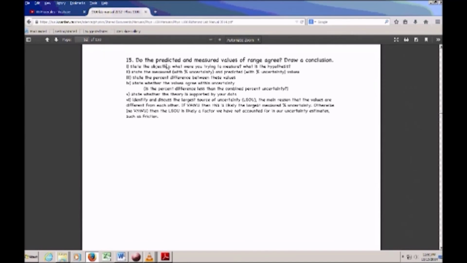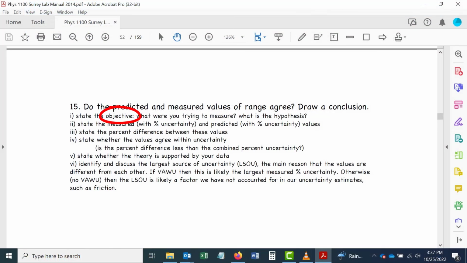So remember that your conclusion consists of answering all of these points in your bullet list. So state the objective, what were you trying to measure? In this case, it was the horizontal range of the car. What's the hypothesis? Basically that the measured value is going to agree with an uncertainty with the value that we calculated. State the measured values and the predicted values with their uncertainties in units. State your percent difference that you just calculated, and then say whether your values agree with an uncertainty. So is your percent difference smaller than the sum of the two uncertainties? State whether the theory is supported by your data,